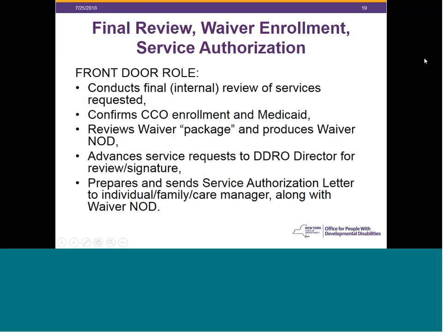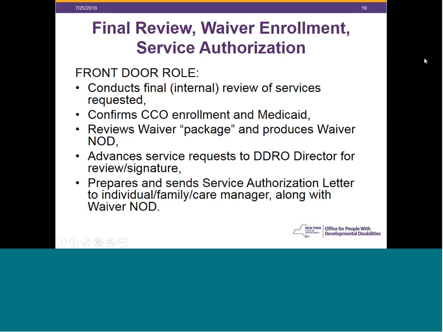So after the services are authorized, or actually right before the final official service authorization, the front door has an internal review process to make sure that everything looks like it should. We also, at this point in the process, make sure that the enrollment to the CCO has occurred and that Medicaid, the right Medicaid is in place. We look at the waiver package.